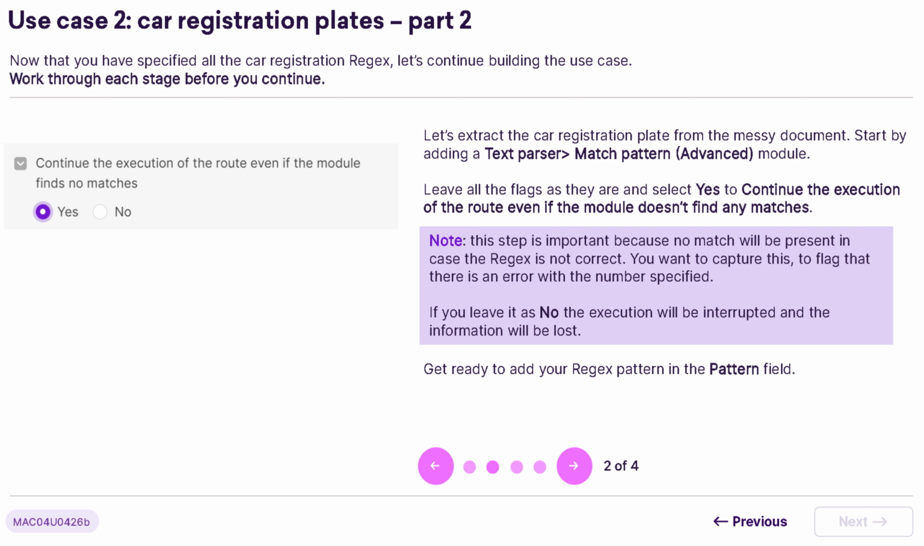By selecting yes, you're making sure that any unmatched cases are flagged as errors instead of halting the entire operation. This approach prevents loss of information and aids in identifying and resolving issues with specific entries. Next, incorporate a text parser, Match Pattern Advanced module. This tool will help in systematically analyzing and matching patterns in the text, ensuring the registration data is accurately captured every time. By preparing for such contingencies, you maintain continuity and reliability within your system, optimizing for accurate data retrieval